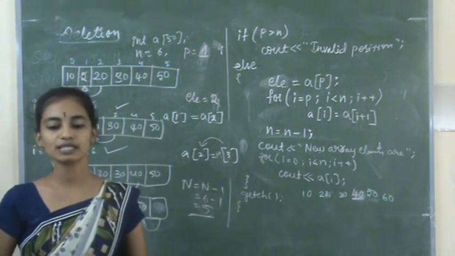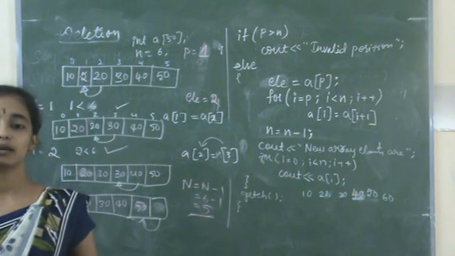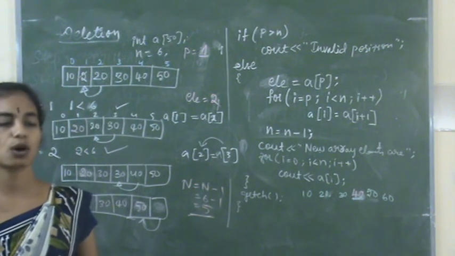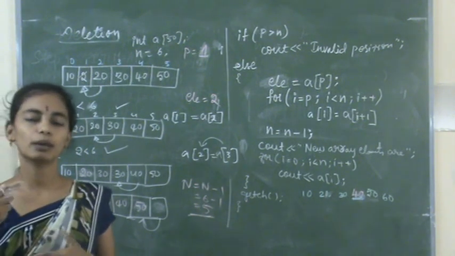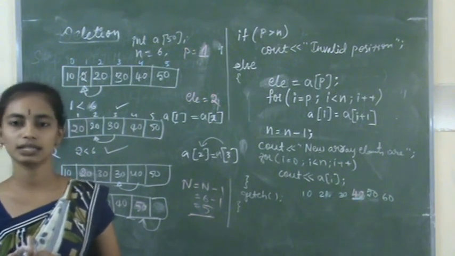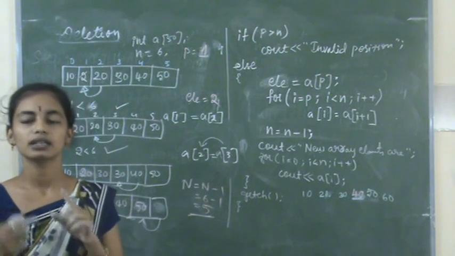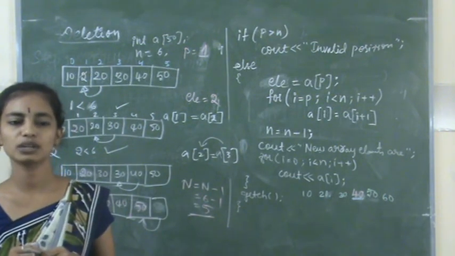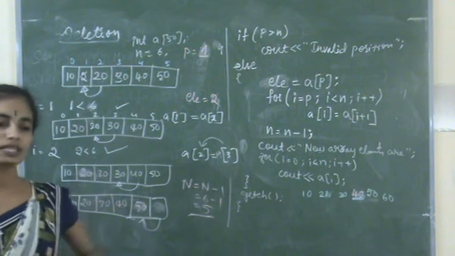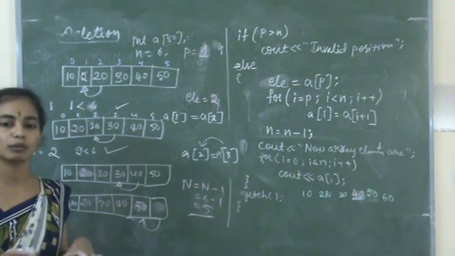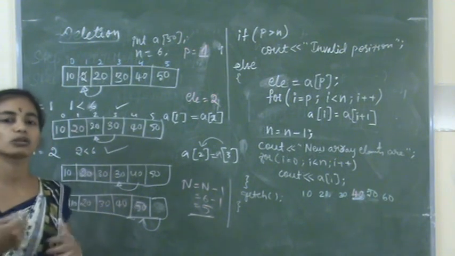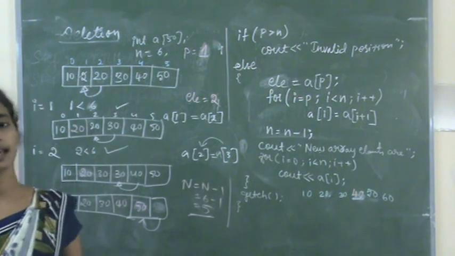So in the next class we will study the 2-dimensional array. So how exactly the memory will be represented in that array. Okay. As we studied in the one-dimensional array, the representation of a one-dimensional array in memory, likewise in 2-dimensional we have a memory representation. So how that exactly works we will study in the next class.